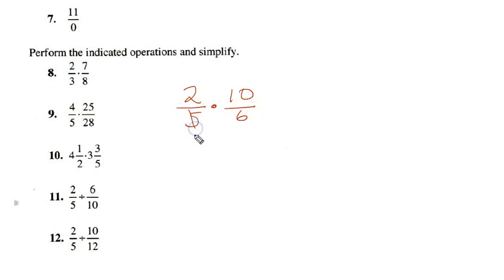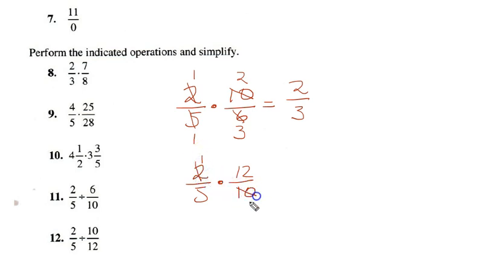And again, you can see we can cancel out. 5 will go into there once, 5 will go into there twice, 2 will go into there once, 2 will go into there 3 times, and now you're just left with 2/3. And for number 12, we have 2/5 times the reciprocal of this, 12/10. Now, 2 will go into there once, 2 will go into there 5 times, but there's no other common factors. So we end up with